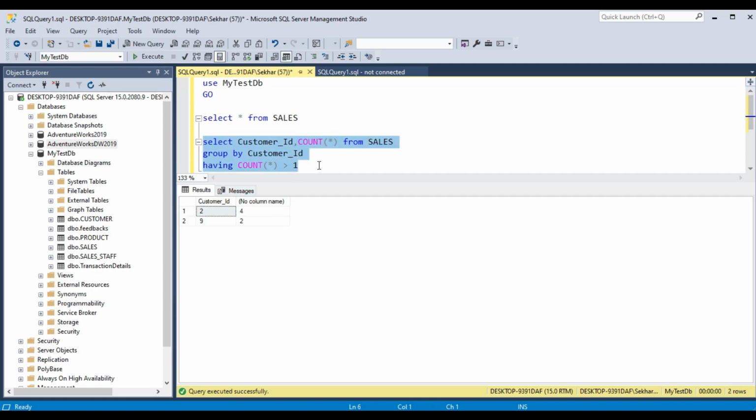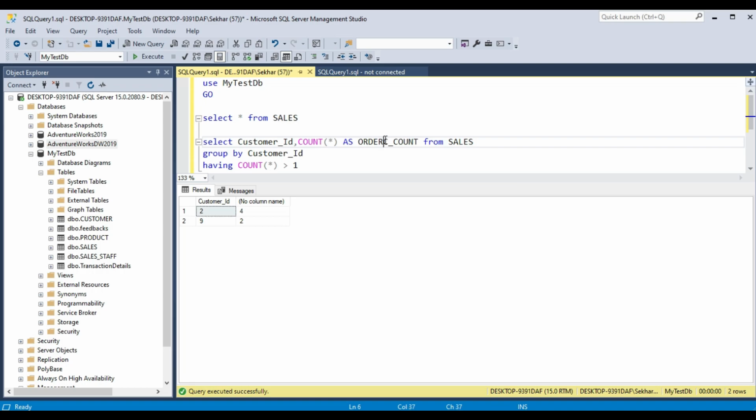Okay, so why are we using count star here? For count star we can use an alias, a field alias, as record count, or instead of record count, let's give it as order count.